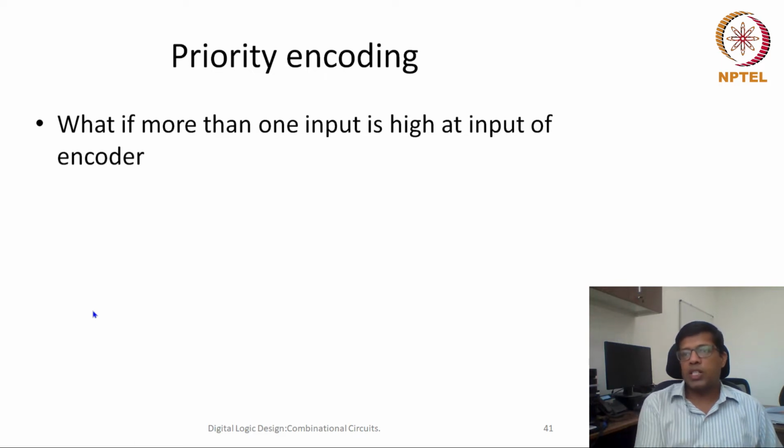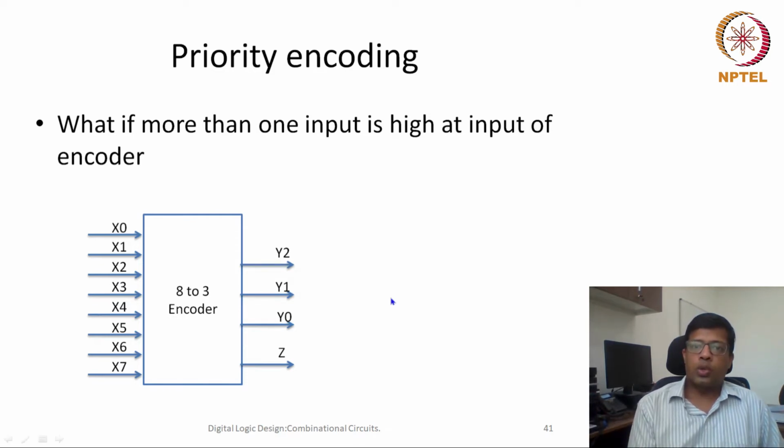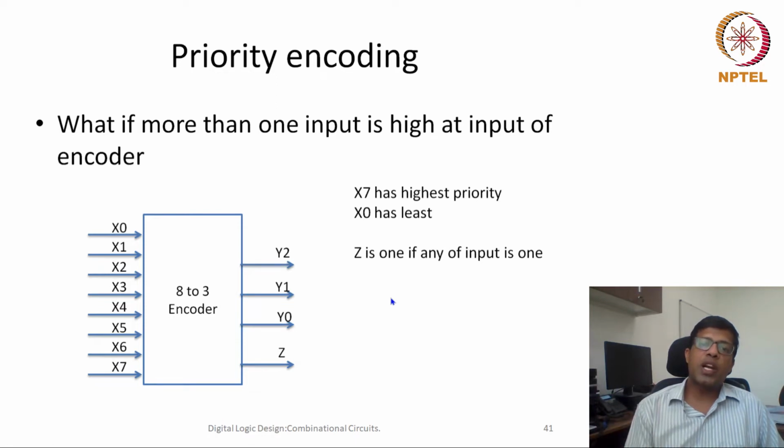Similarly, we can arrange those devices in a priority list. With the same example, let's say x7 is the highest priority and x0 is the least priority. So the priority is set in order, and if I have 8 devices, these 8 devices are connected in such a way that the highest priority device is connected to the x7 input and the least priority device is connected to the x0 input. Now my y0, y1, y2 can tell me which particular device is 1.